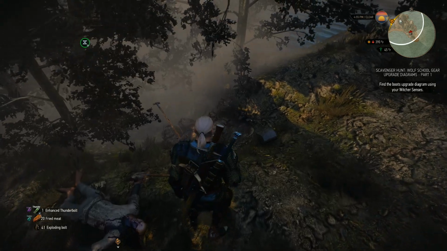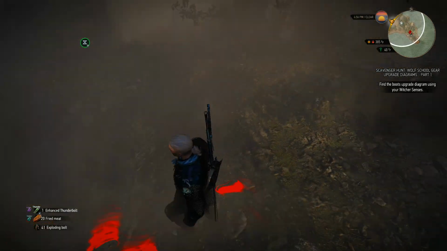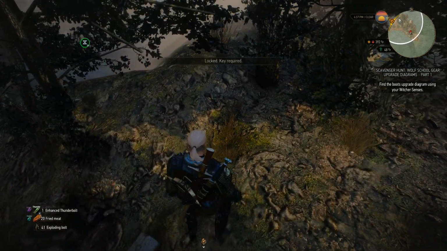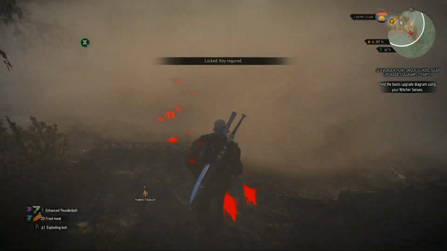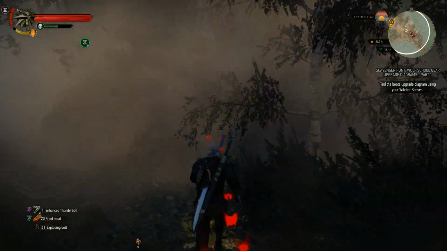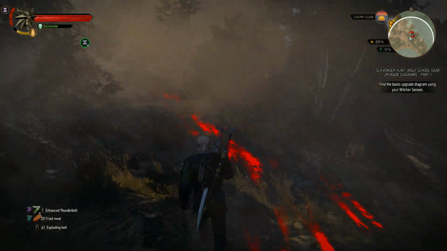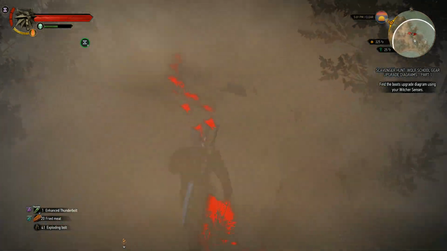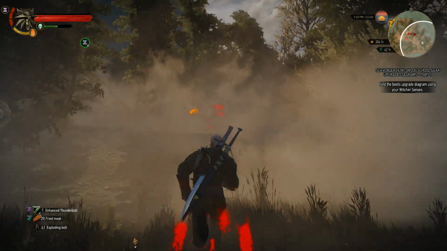Is this a dude? Yeah, this dude did not really meet a happy end here. Oh, there's a chest over here. Ah, key required, of course. Okay, we're probably gonna have to follow the footprints the other way. Let's see, anything else I can loot around here? No, and there are plenty of drowners in that water, which I'm not thrilled about. But as long as I don't go...